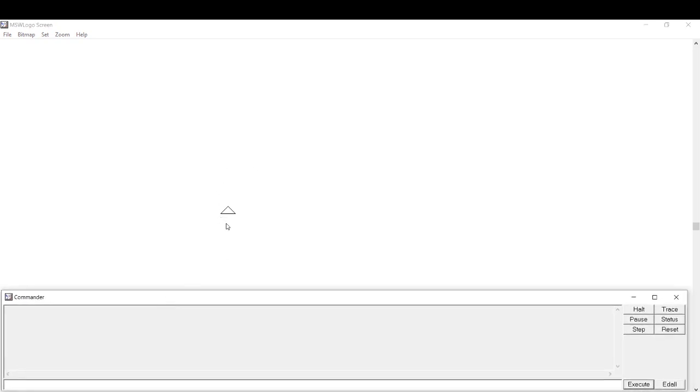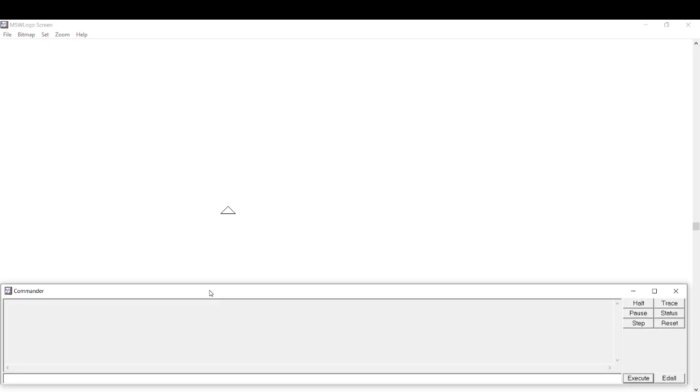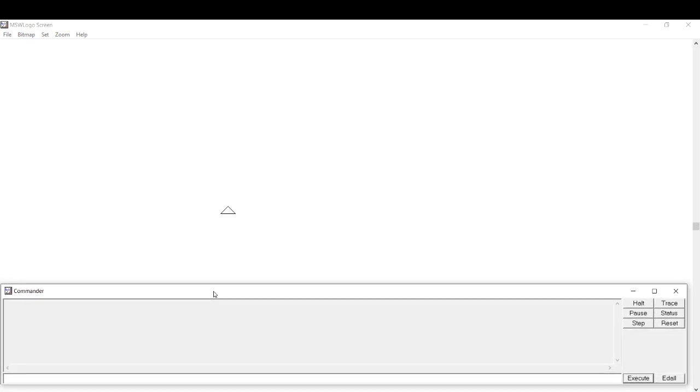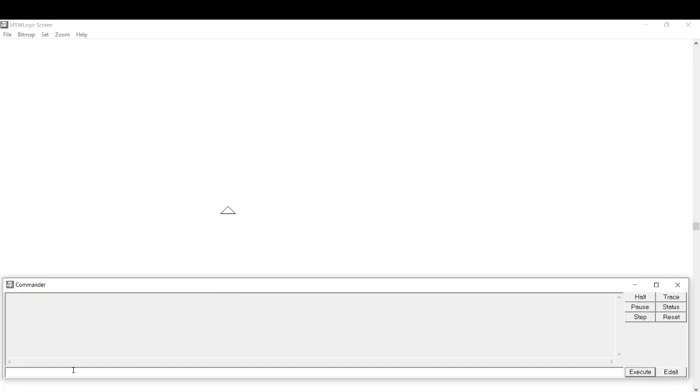I have talked about the main screen, about the parts of the commander window like the input box and the recall list box. Okay, so let us start first with the print command. Now you see that print is a very important primitive, or what we call a command, to display a letter or a number or a word or a sentence. It means you can display a letter or a number, even a word or sentence in the commander window by using a print command. So if you want to display any number, you can type print here.